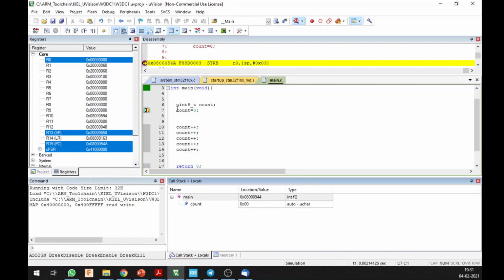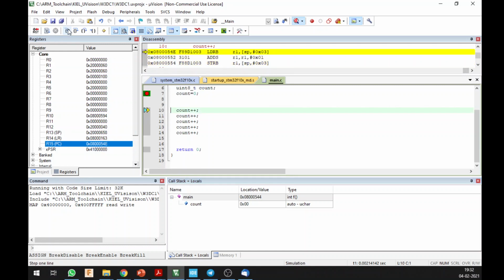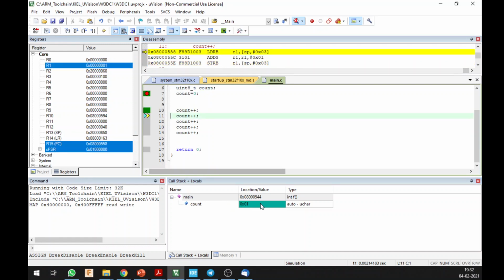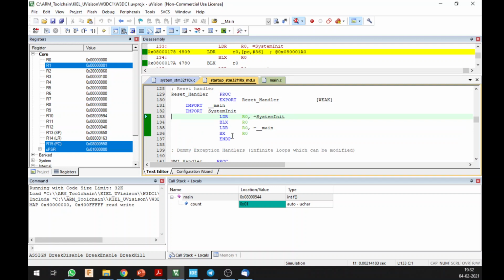So over here you have the data store B, you have the command store B, and what it is doing is going to store the value in location R0, which is register 0, and it is going to store the value of the stack pointer offset by 3 places. Okay, so I get into this, then I count it, and you can see that the value of count is increasing.